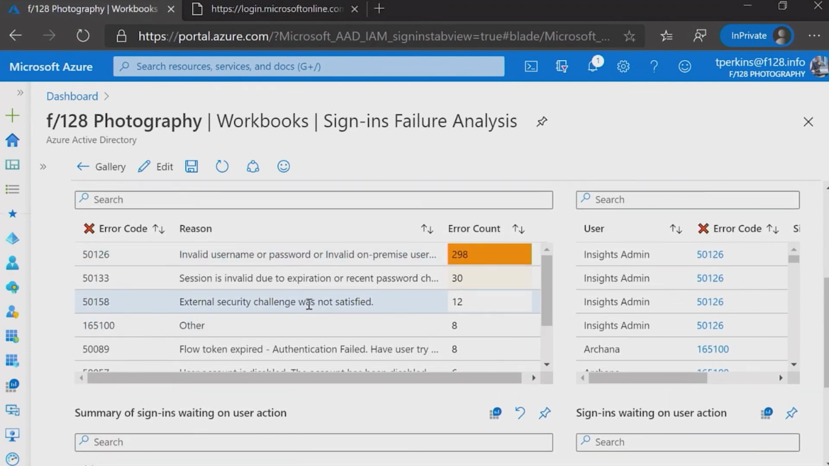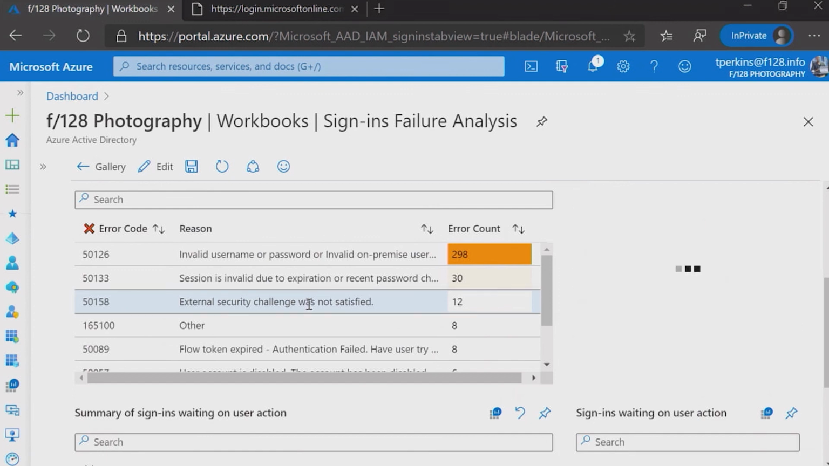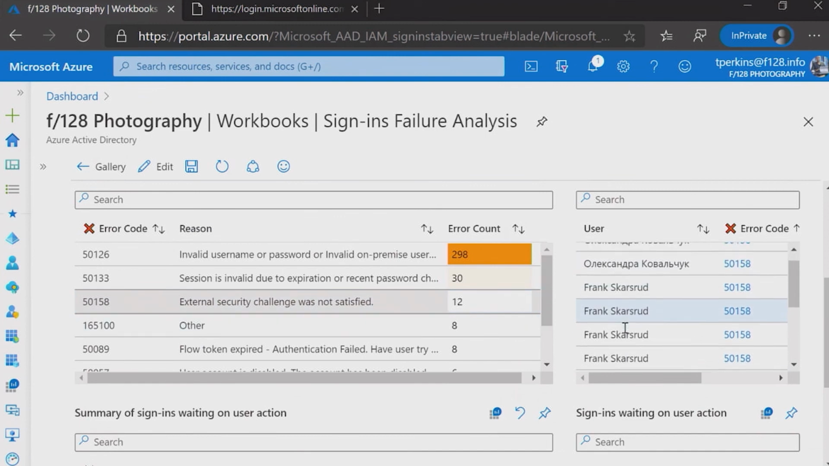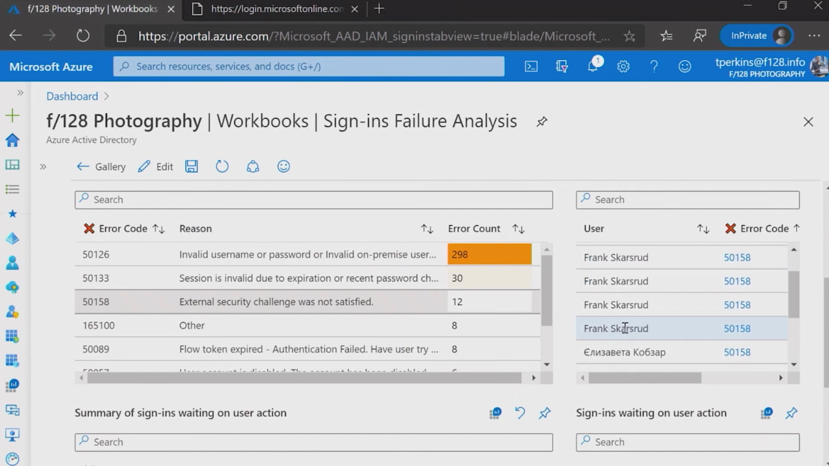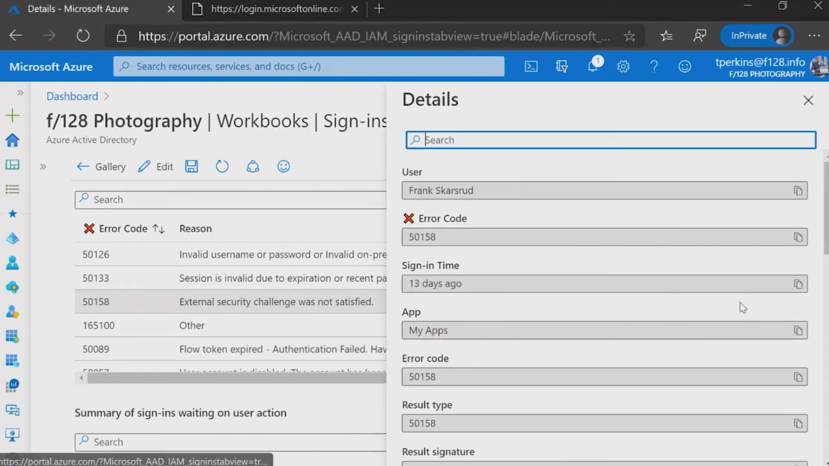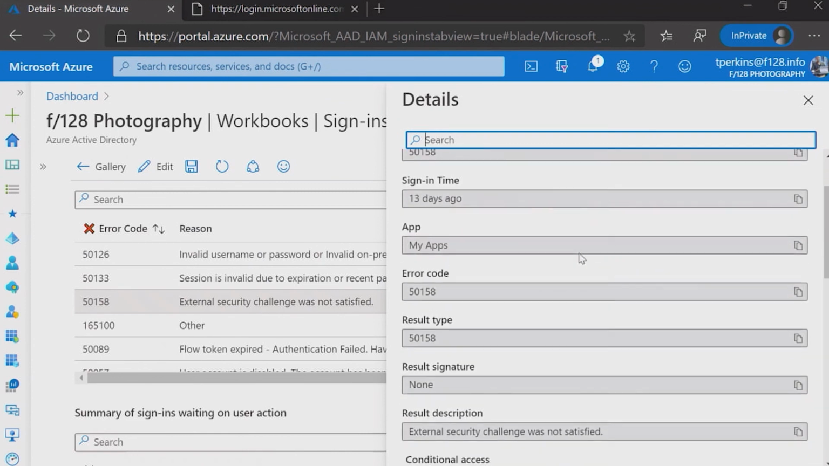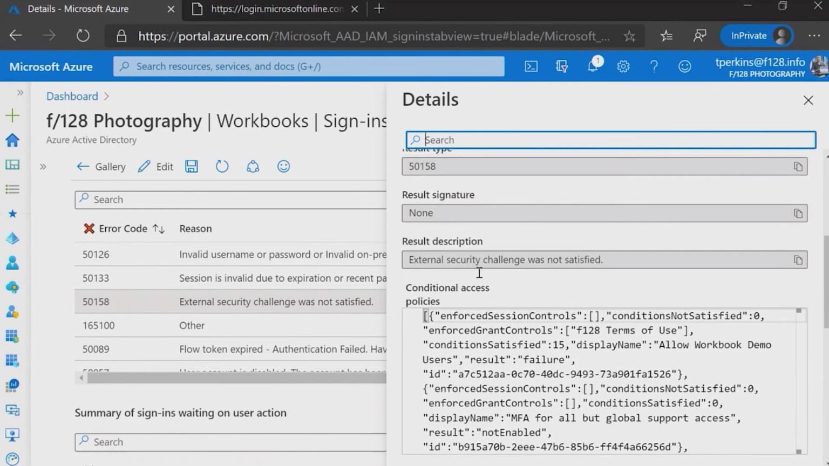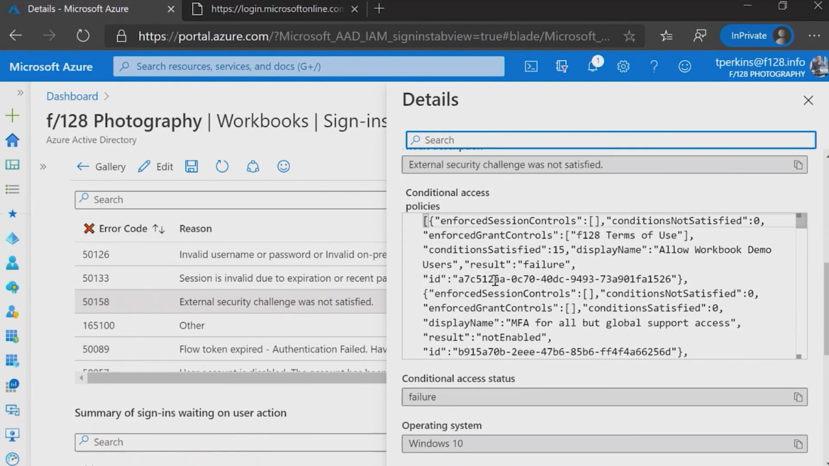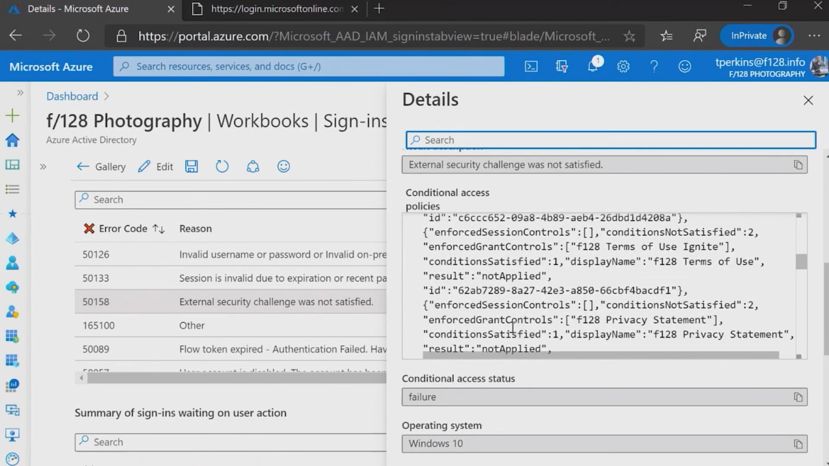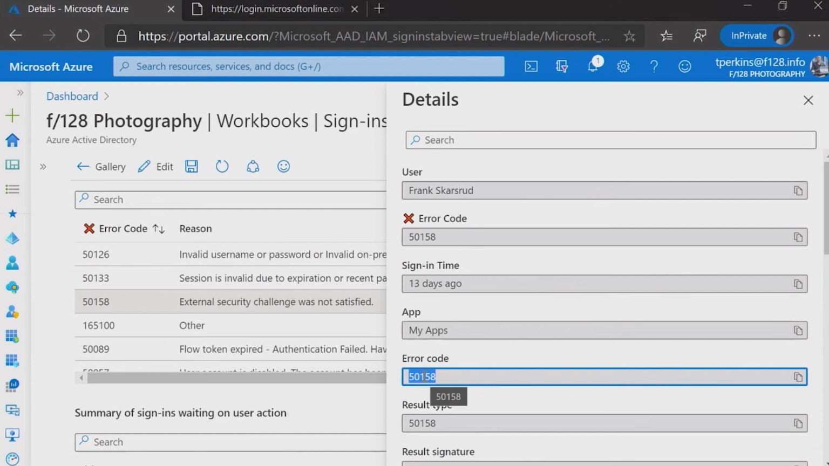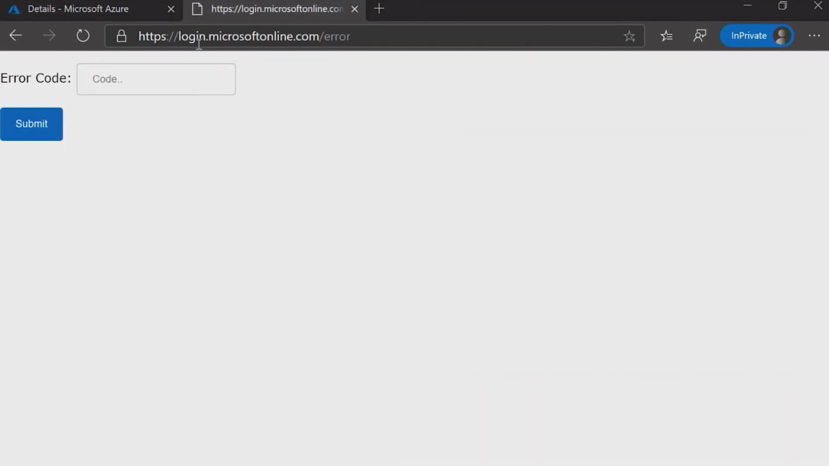So let's take a look at one of these issues to see how we might solve it. I'm going to click on this "external security challenge was not satisfied." And once I click on this row, I can see populated here all of the users that have hit this issue. If I click on the error code, it will pop up details similar to the sign-in report about what exactly happened in the sign-in. So I can see the user, I can see the description, a lot of details here on the conditional access policy. And if all of this still seems a little opaque, another thing I can do is copy this error code and go to